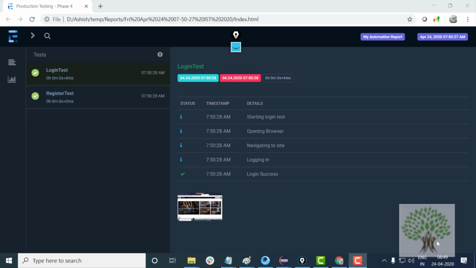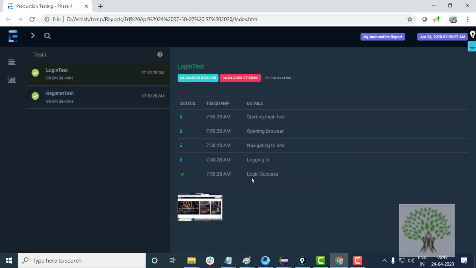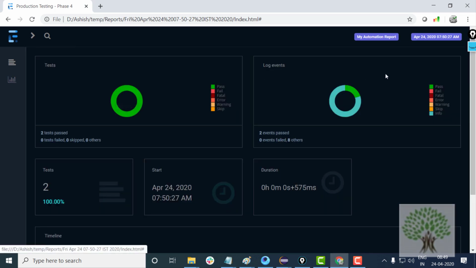So fine, let's see how to build Extent Reports. This is how Extent Reports look. You have got test cases on the left side and you can have the logs inside the test cases. By the end of this video you will be able to understand how to build reports like this. You can also embed screenshots in the reports if you want. And you can have a graphical representation of the past failed test cases and everything.